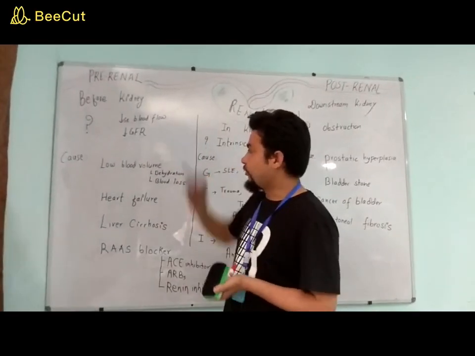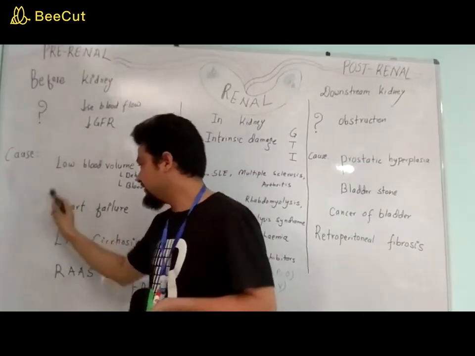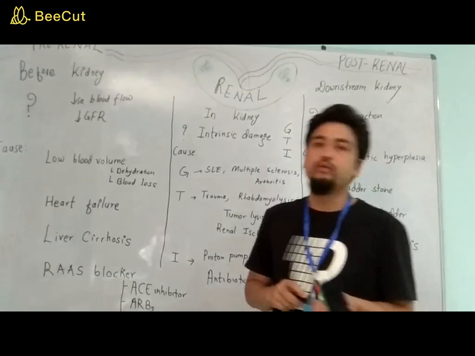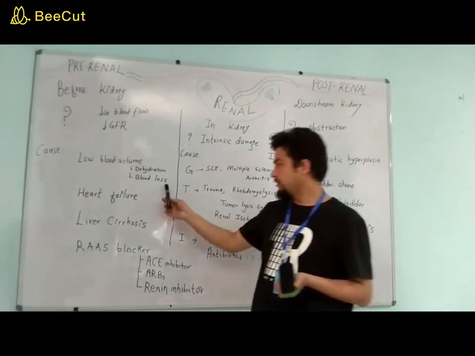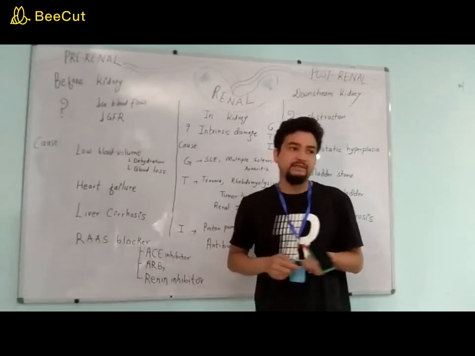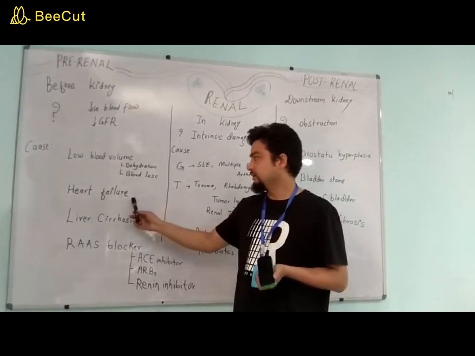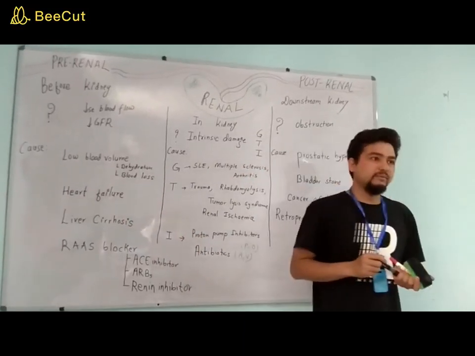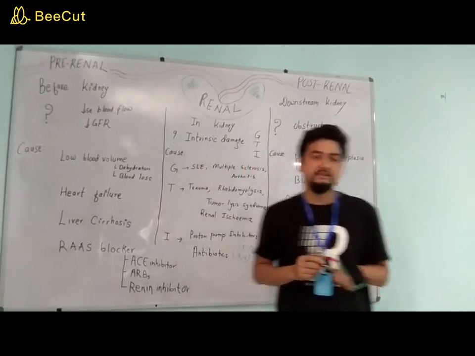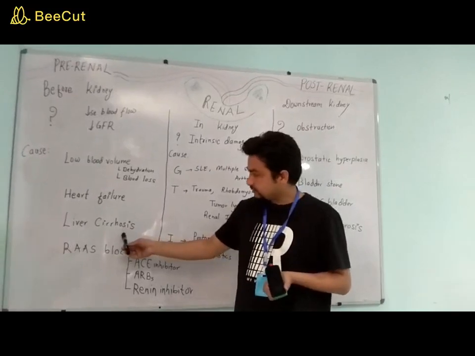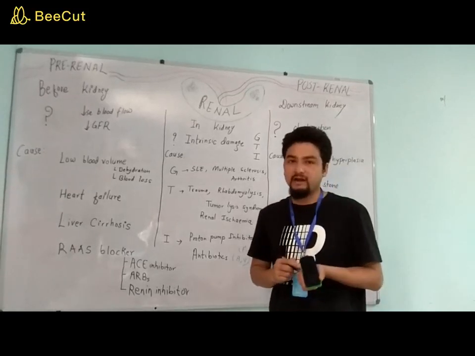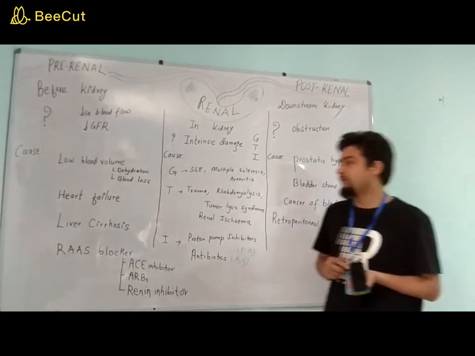Coming to the pre-renal causes, here is the list. The first one is low blood volume. Low blood volume can be due to dehydration, blood loss, or any other reason which can be the cause for pre-renal damage. Then heart failure. In heart failure, the heart is unable to pump a sufficient amount of blood to the kidney, which can cause pre-renal kidney disease. And liver cirrhosis. Liver cirrhosis is followed by portal hypertension, followed by decreased cardiac output,